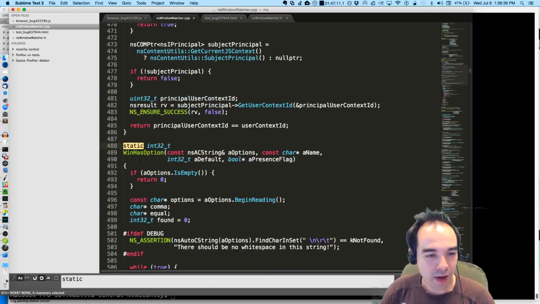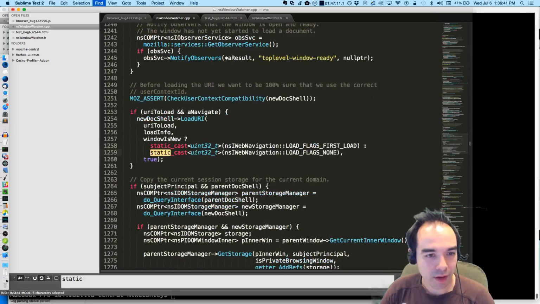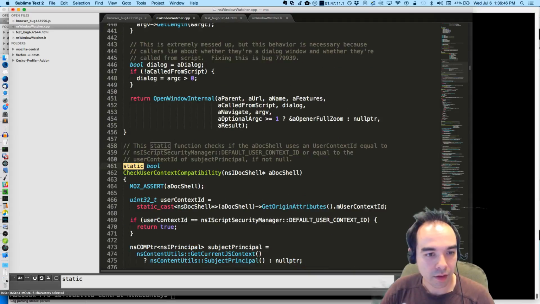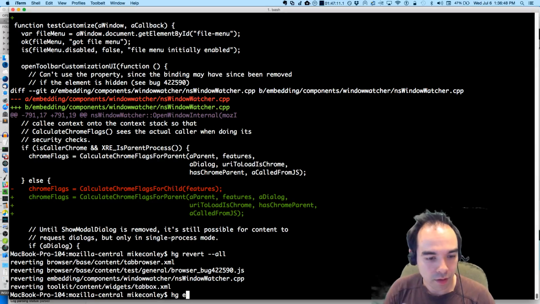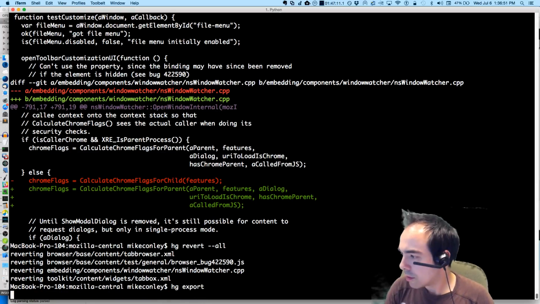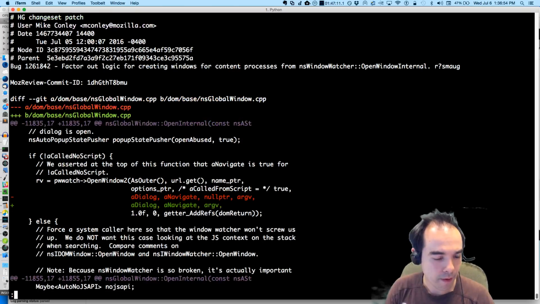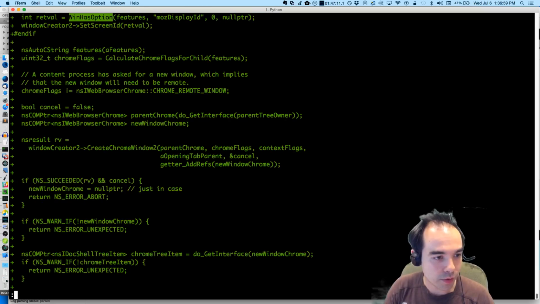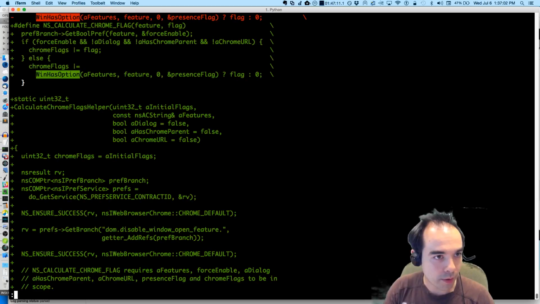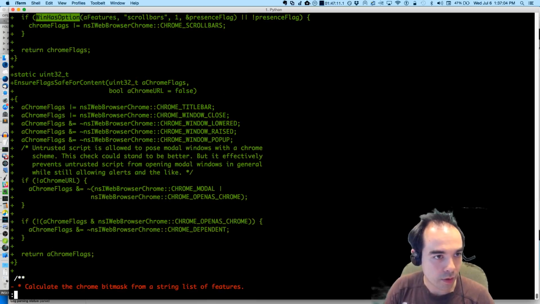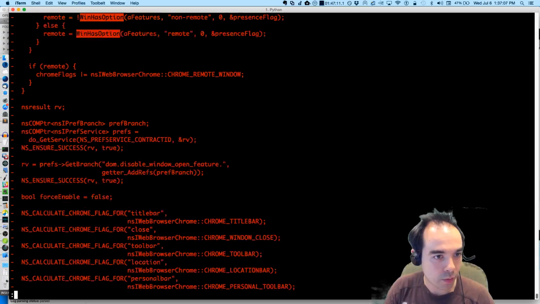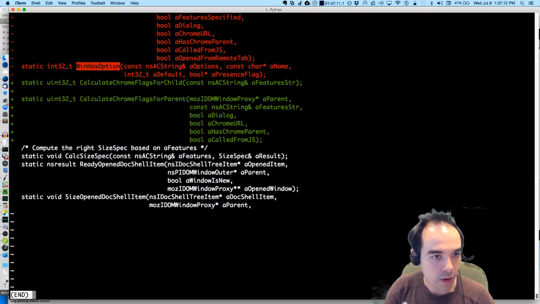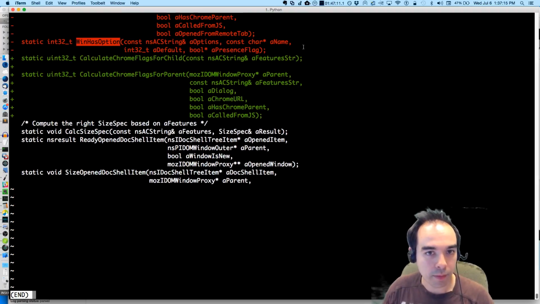I moved WinHasOption, and I probably shouldn't have. I didn't need to. I'll probably move it back now. WinHasOption got moved from where? I put it back here.